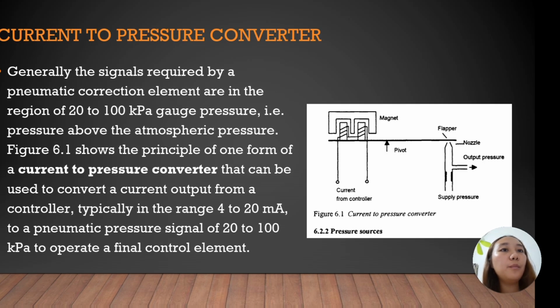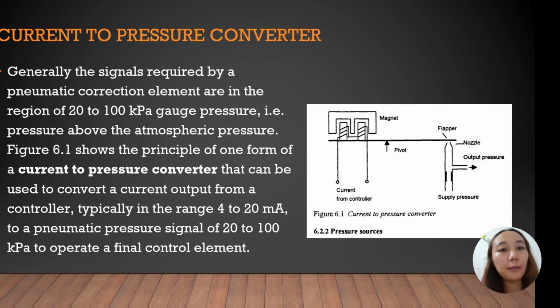Next is the current to pressure converter. Generally, the signals required by a pneumatic correction element are in the region of 20 to 100 kPa gauge pressure, for example, pressure above the atmospheric pressure. As shown in figure 6.1, the current to pressure converter shows the principle of one form of a current to pressure converter that can be used to convert a current output from a controller,